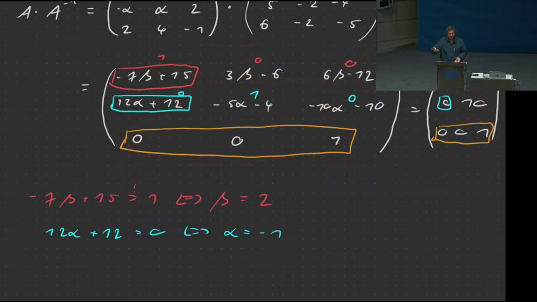So we verified that A with these parameter settings and A to the minus 1 are actually inverse to each other. And of course, there is always the possibility that there is no possible setting. That could be a viable answer. Does that answer your question, or did you mean something else?